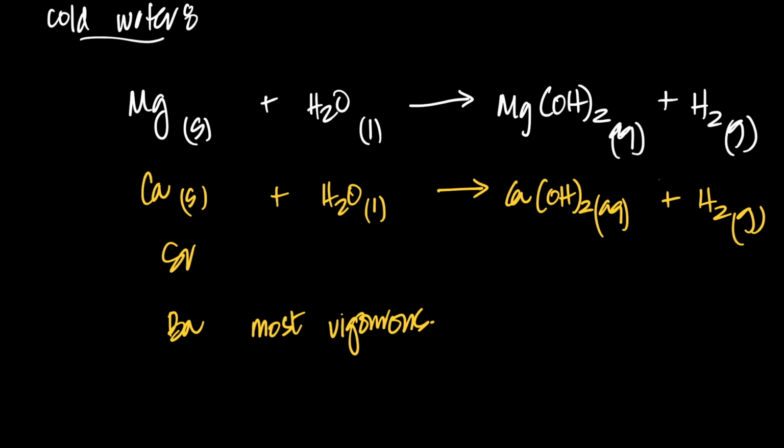So in the exam, you're going to be asked to write the equations and describe what's happening: silver gray metal dissolves, colorless solution forms, and bubbles of hydrogen gas are seen. They'll even ask you to compare the two, or at least magnesium with calcium or magnesium with barium, because that's where the comparison lies. For magnesium, the evolution of bubbles will be very slow, strontium will be more rapid, barium most rapid. And we'll do the solubilities in a bit, but down the group the hydroxides become